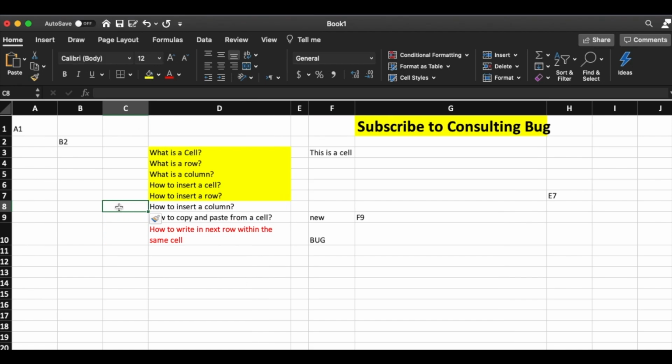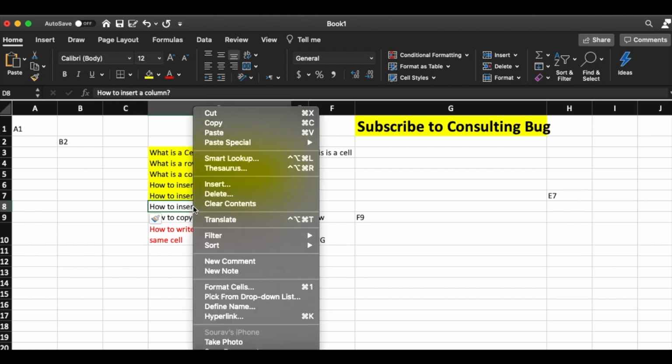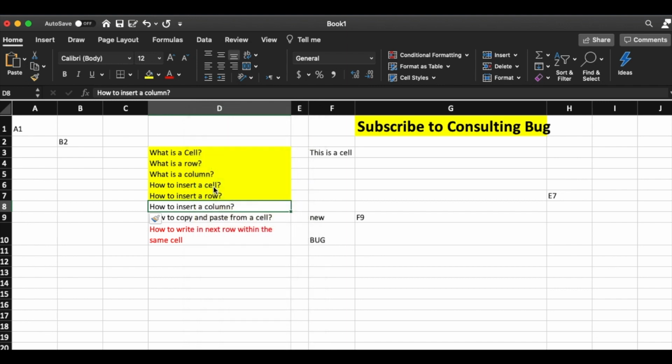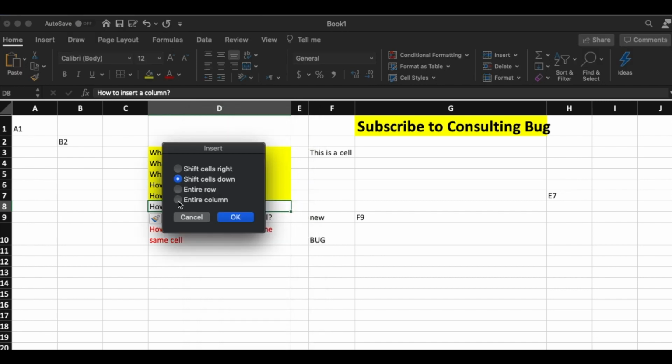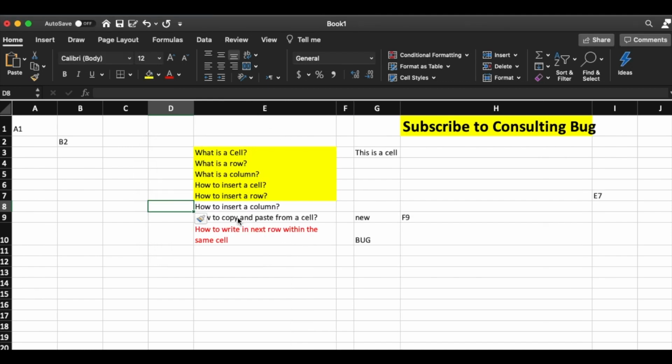Let's do this again. Click on insert, and if you notice the question is written in column D, so I click on insert and I choose the option entire column. So it is going to insert a column in the column D itself.